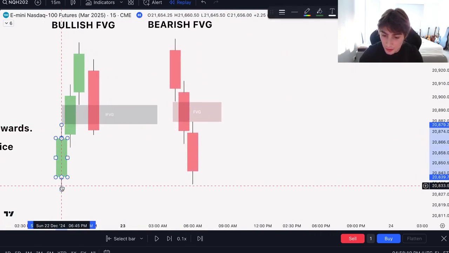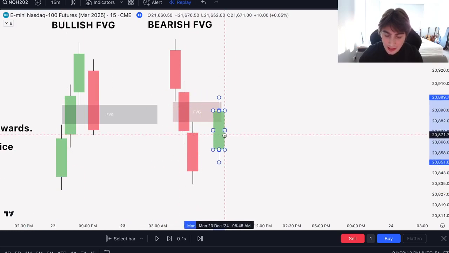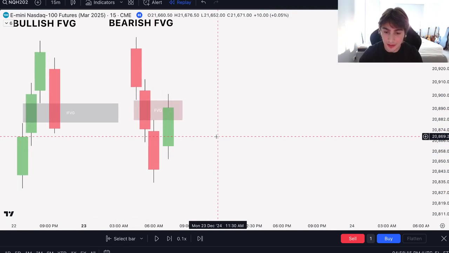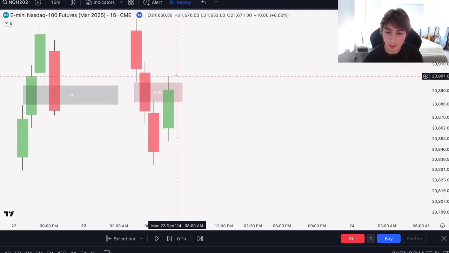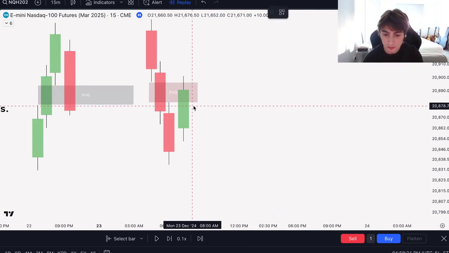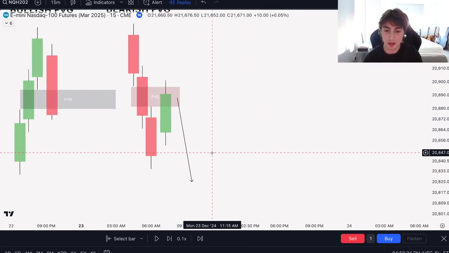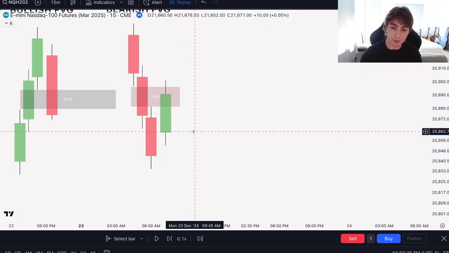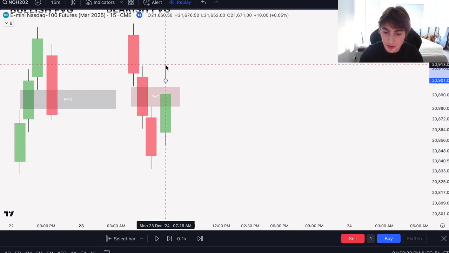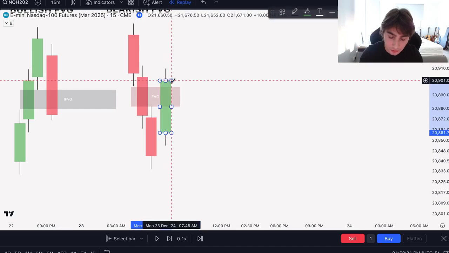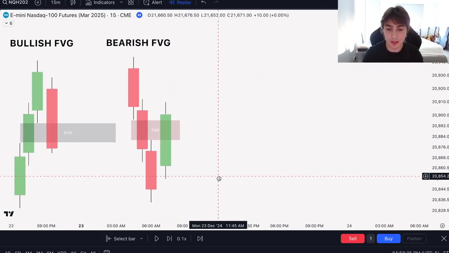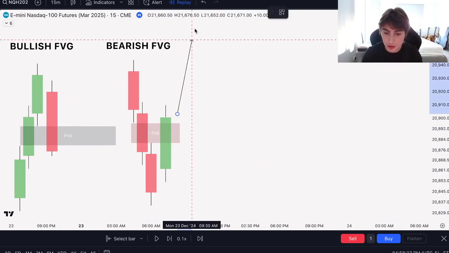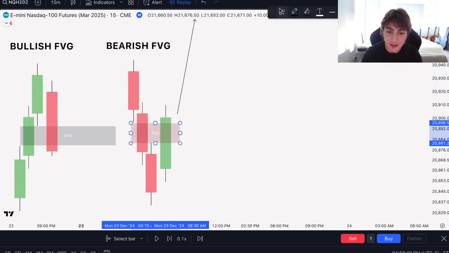That being said, the same goes for a bearish scenario, right? So obviously here on the right side, we have a bearish fair value gap. And so if price trades into this bearish fair value gap and we seem to be respecting it, the body isn't closing above it, then what do we expect? We expect price to continue lower. But let's say price invalidates this bearish fair value gap through a body closure, key emphasis on body closure. Well, now what are we expecting? We're expecting price to run higher